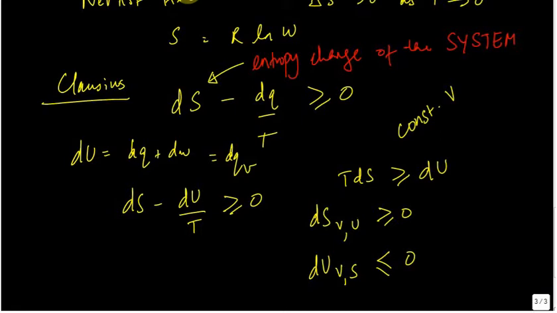So the entropy of the system is constant, but the entropy of the surrounding increases, because if dU goes down, it means heat is given out of the system. Volume is constant, so no work is being done, only heat is being exchanged. One thing what I should have mentioned earlier is that there is no additional work involved. Okay. So let me just write over here as well. No